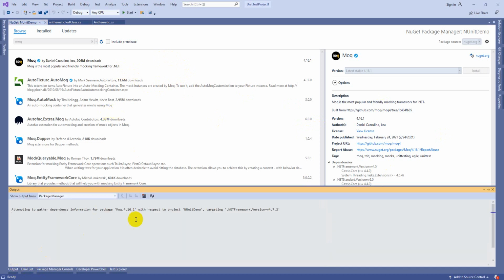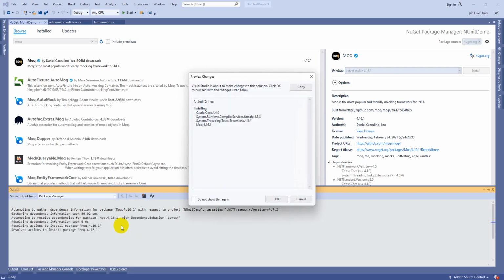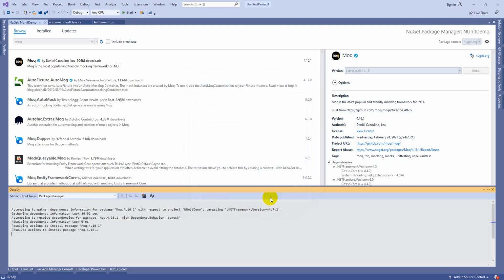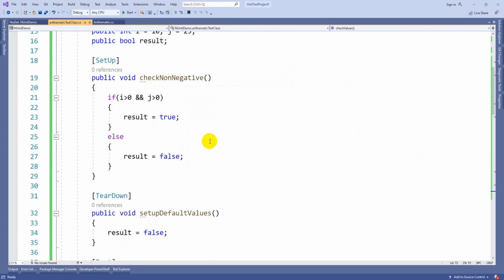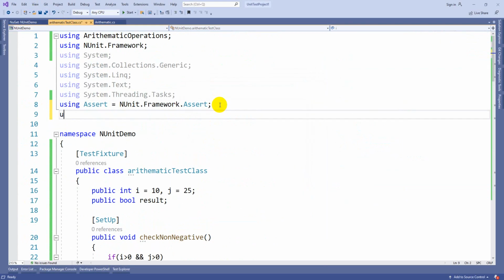It's installing, just give it two minutes. It is asking for confirmation, click OK. That's it, it was installed. Whenever you want to mock any particular class, you have to import using Moq.